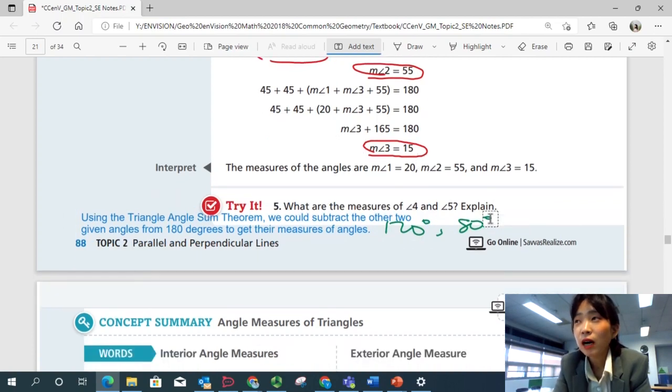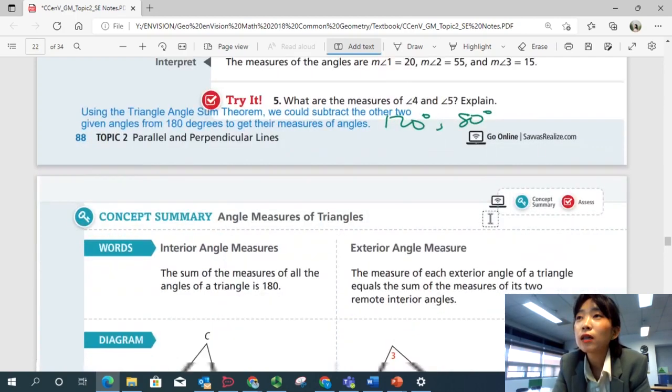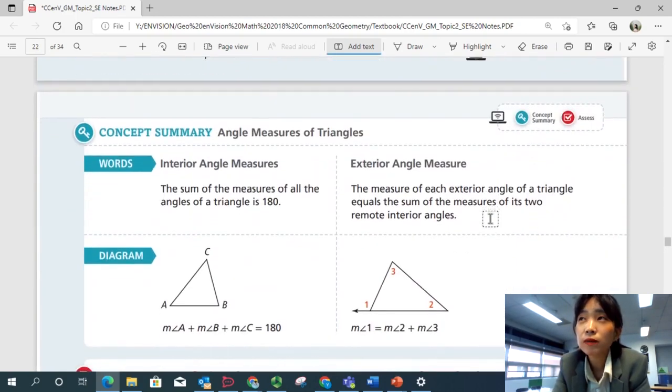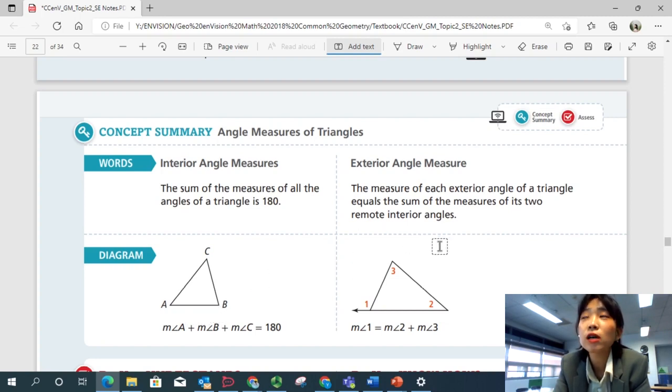Okay, now you know how to figure out missing angles using the triangle theorems. Let's summarize our lesson. Angle measures of triangles. We looked at interior angle measures and exterior angle measures. So the sum of measures of all the angles of a triangle is 180 degrees. That's the triangle angle sum theorem. The triangle exterior angle theorem is when you have an exterior angle of a triangle, your exterior angle is equal to the sum of the two remote interior angles. Okay, that summarizes our lesson